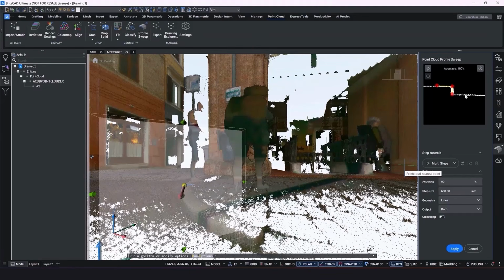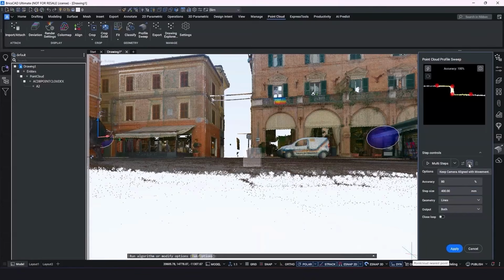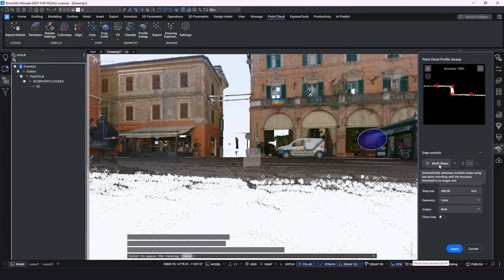There we go. We're going to make our step size quite small. What do you think? 400 millimeters? And we're going to go straight for the multi-step option. But don't forget, let's keep the camera aligned with it. Let's see what's going on here.